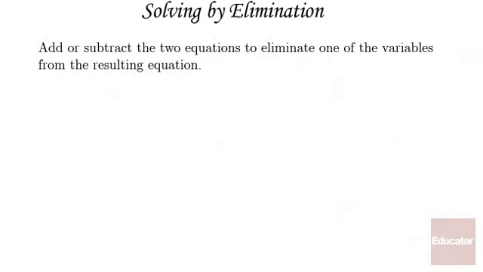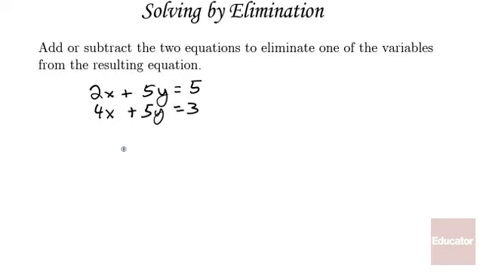The second method is solving by elimination. In elimination, you add or subtract the two equations to eliminate one of the variables from the resulting equation. This method works well when you have variables, either the two x's or the two y's, that have either the same coefficient or opposite coefficients. By opposite coefficients, I mean the same number but with opposite signs, such as 2 and negative 2, or 3 and negative 3. For example, if you were asked to solve this system,